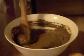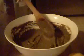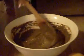Actually, my hair is just soft. It's very controlled. It's got these pretty spiral curls. So try this. Let me know what you think,